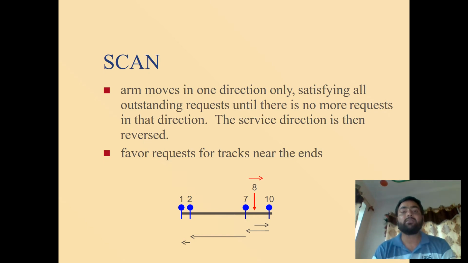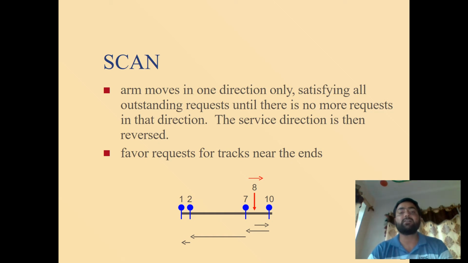When started in one direction, it will approach all the requests in that direction till no further request is there. After processing all the requests in that direction, the head will reverse its direction and move in the other direction to fulfill the remaining requests that come in the way of the head movement, and all the requests in the other direction will be satisfied. This is how all the requests are satisfied in the SCAN algorithm.